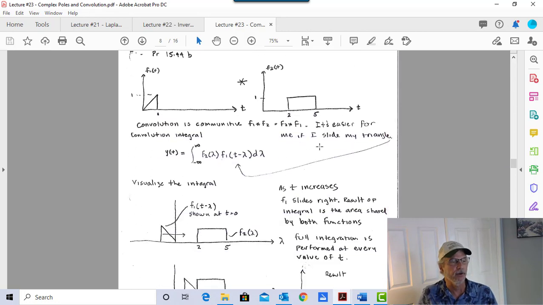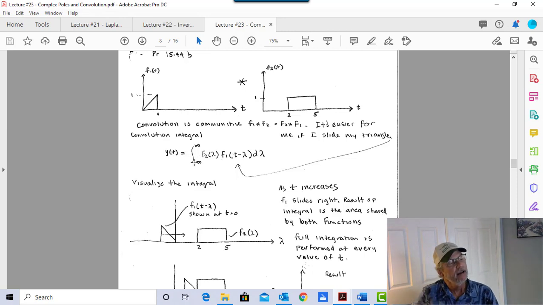In other words, I'm going to leave my f2 of t just sitting here on the lambda axis. And as t changes, it's going to shift my triangle. So at every t value, this triangle is going to be camped here somewhere on this axis, and we're going to just compute the integral of their product. That's the definition of my